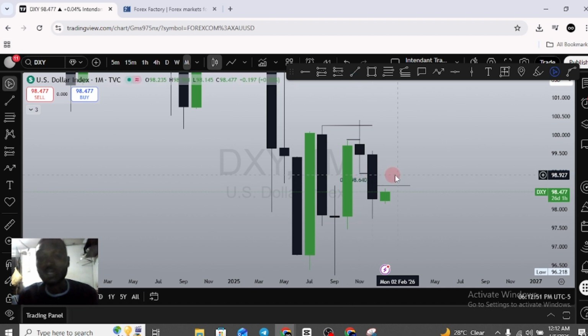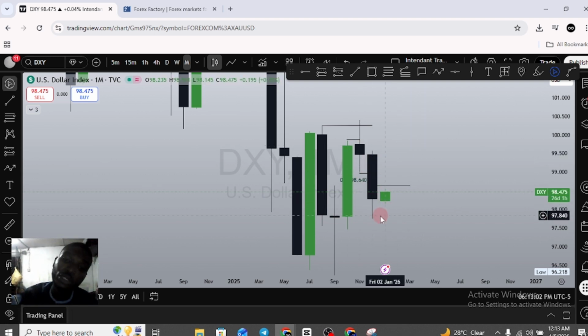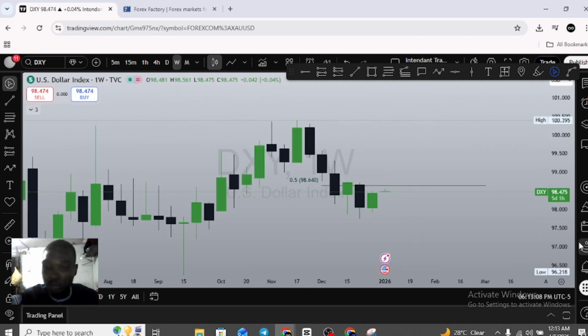Now I'm talking technically, not fundamentally right now. I'm just talking about the chart on its own. So I'm expecting a continuation of the bearishness this month. And for the week,